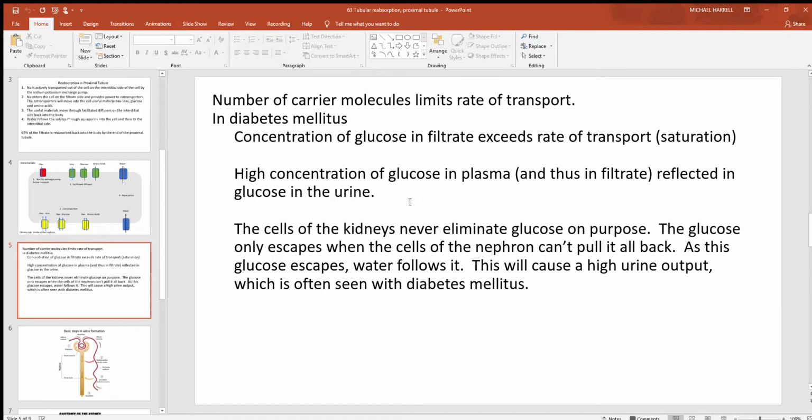The kidneys do not get rid of glucose intentionally, only when there's too much sugar to be moved and the cell can't pump it back quick enough. Then some of it escapes unintentionally. Again, that's a big misconception with things like diabetes mellitus. And as all this sugar escapes out of the body, water follows it, because water follows solutes. That is why diabetics have such a high urine output. They're losing a solute they shouldn't, and the water's following it. Of course, they have to drink a lot of fluids to